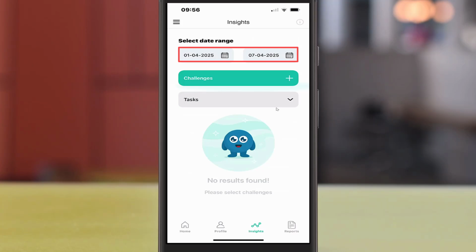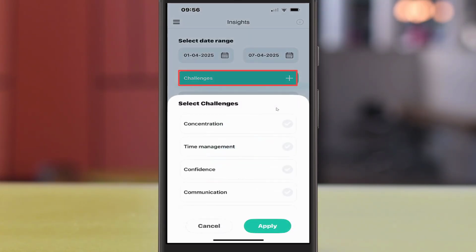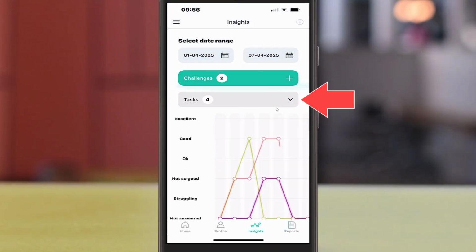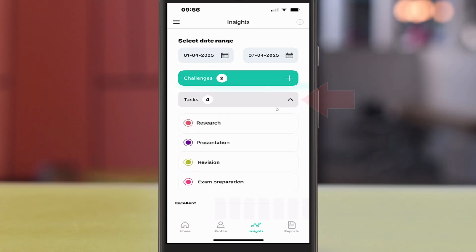So select a date range. So I'll do from the 1st to the 7th at the top, just 1 week. Click on my challenges. So I might want to see how I've been doing with my communication and maybe concentration. Click apply. And then you'll see a graph appear underneath. Now if I click underneath, remember the tasks where that applies, the challenges in those 4 tasks, which are color coded, which is really handy actually, because then if I scroll up,